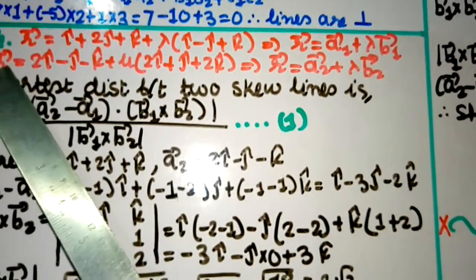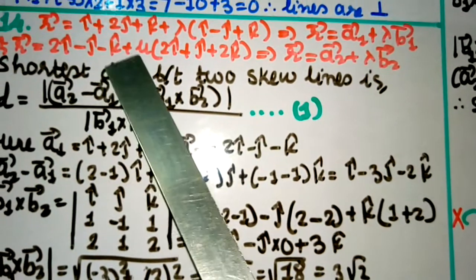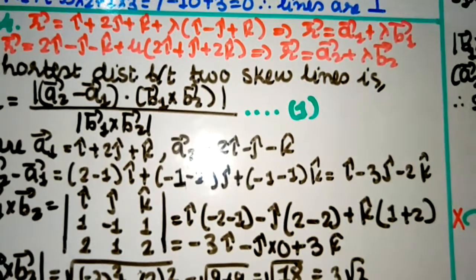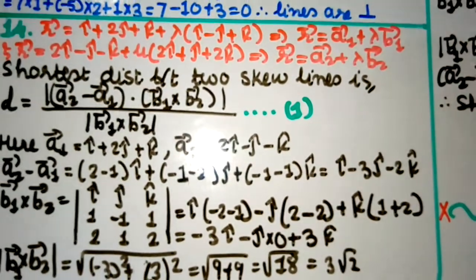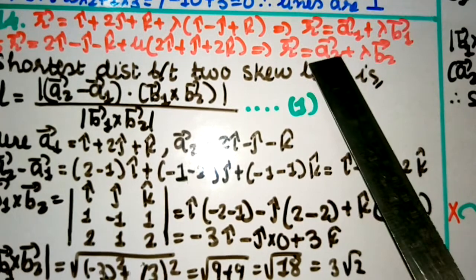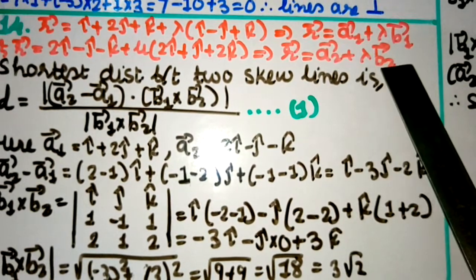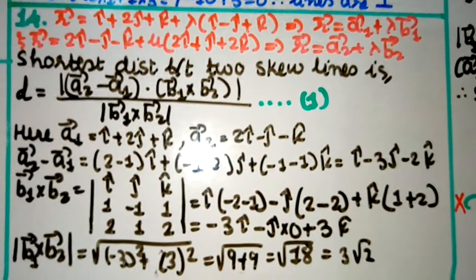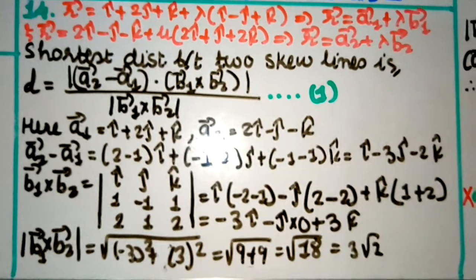And the second line is r equal to 2i cap minus j cap minus k cap plus mu times (2i cap plus j cap plus 2k cap). If you compare this with the equation of a line, then it is r vector equal to a2 vector plus lambda b2 vector. Okay. Now the shortest distance between the two lines, or two skew lines, is given as